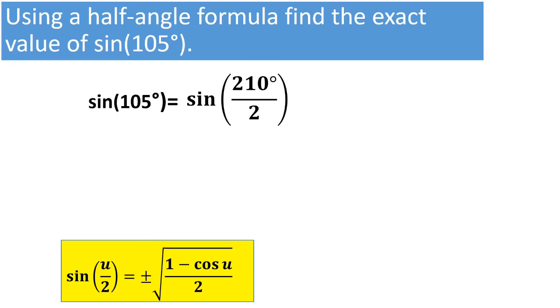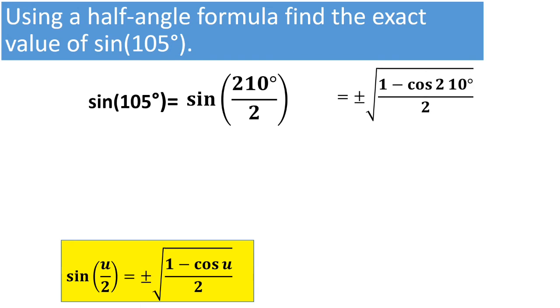Sine of 105 degrees is the same as the sine of 210 degrees divided by 2. Unlike the angle measure 105 degrees, 210 degrees is on the unit circle. Substituting 210 degrees into the half-angle formula, we get